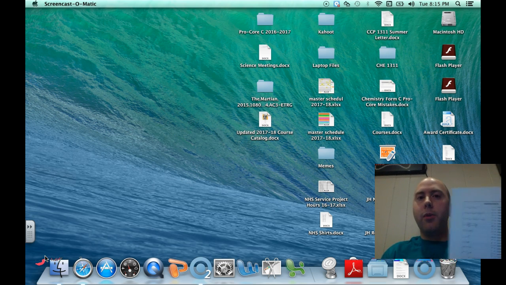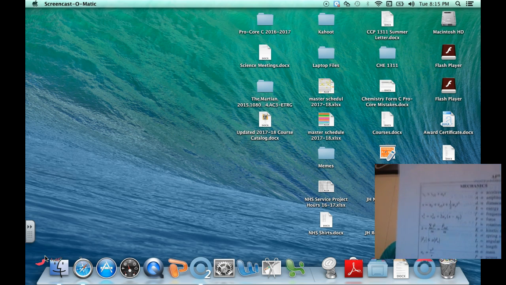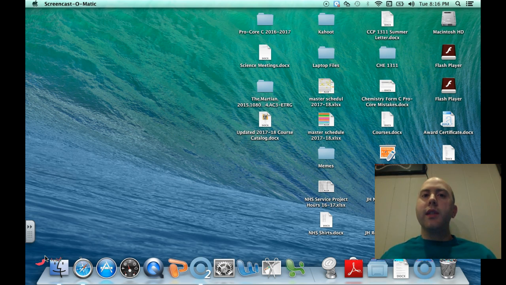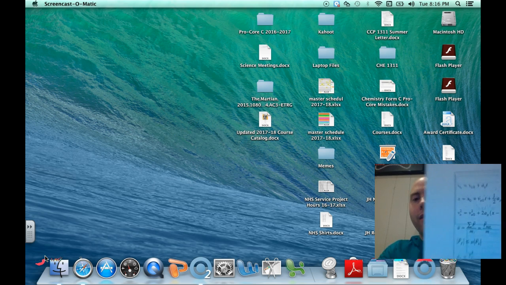So, for example, this is the equation sheet students got on the AP Physics 1 test. When they took the test, they were given a set of equations. Now, does this really answer all the questions? Not even close. Does this mean I'm just going to give you all the equations where all you have to do is plug numbers in and chug out an answer? No. So for example, on the very first unit,